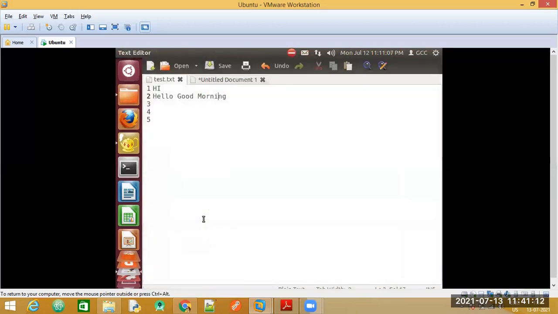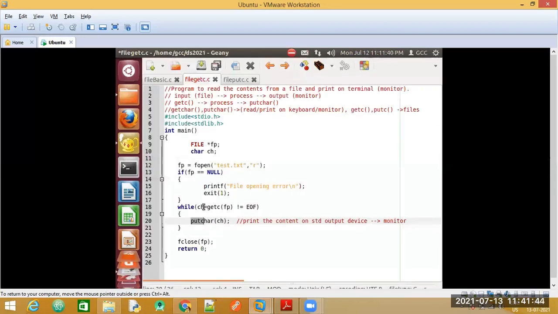So remember, likewise, all of these letters are read till you reach the last letter after G. What do we have after G? After G, we have a non-printable character, a character that we cannot see, that is called end of the file. So after G, when the cursor comes here, it verifies. So this time ch will be equal to end of the file, and that is how the loop gets terminated. So this is the simple program.